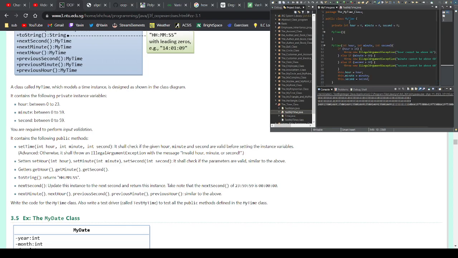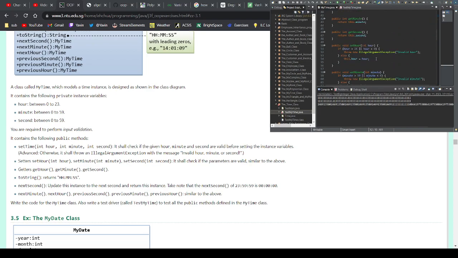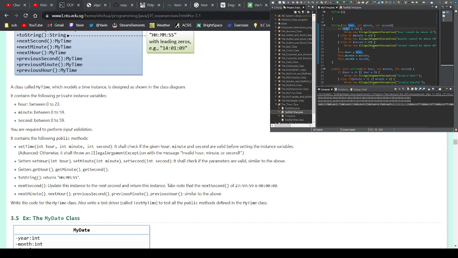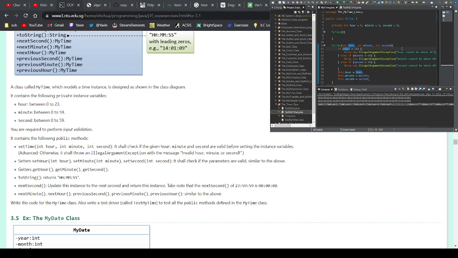Yeah, we do. So I guess they left out the fact that we need to check the values that are passed when creating a constructor, because we do need to check values that are passed when creating a constructor. That's the first place where we need to make sure that the values that are passed are the right kinds of values, right? So if it's above or below, or hour is below 0,